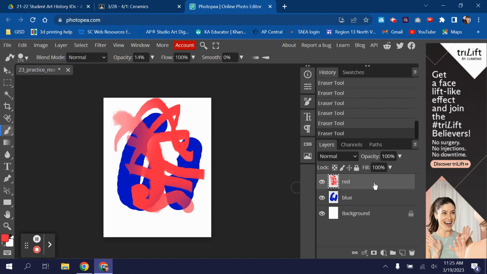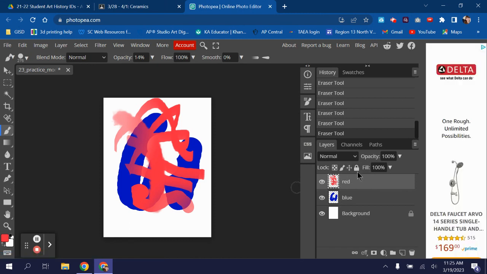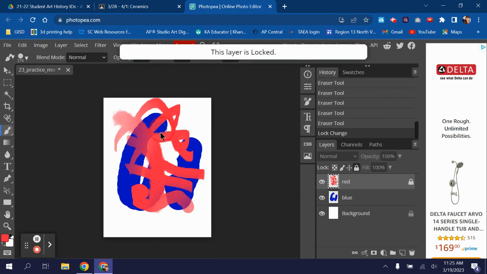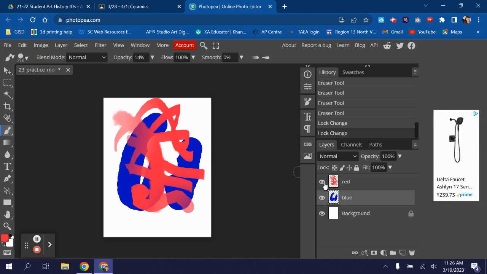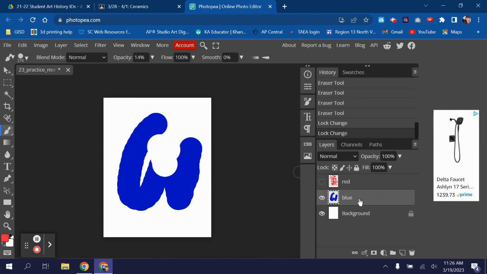Another thing I can do is go over to this little lock right here. If I click this and I have my layer selected, it will lock that layer. So when I try to draw on things in this layer, it will tell me this layer is locked. That's always a good thing to do if you don't want to accidentally draw on a layer or select the wrong layer, is to lock your layers. Speaking of selecting layers, one of the last things I'm going to show you is selections. So I'm going to hide my red layer. I'm going to select my blue layer. And then I'm going to go over to